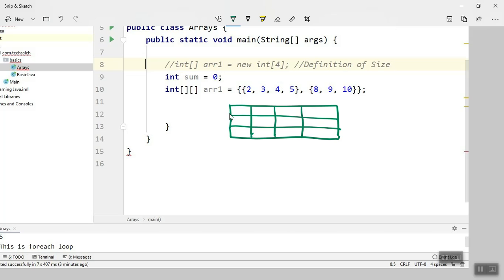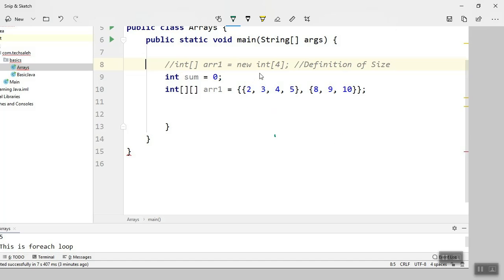Assume that this is your 0th position, this is your 1st position, further this is the 0th position, this is the 1st position, this is the 2nd position, this is the 3rd position, and so on, right? If you have to access 3, you need to put it like this